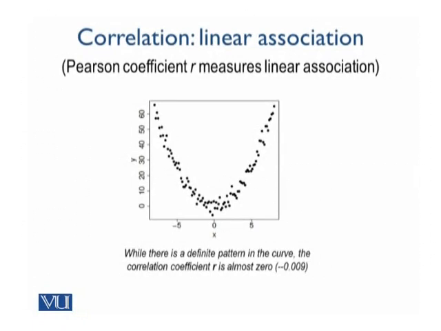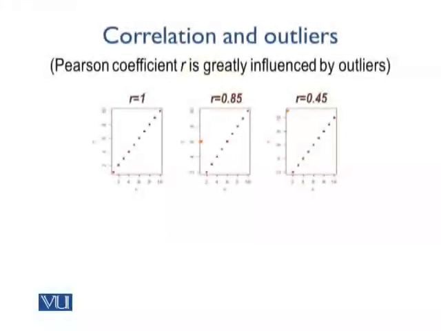This is minus 0.009, which is a very small value, which is betraying our intuition. So we have to be very careful that we are only applying correlation coefficient as we've defined it for linear data, because the interpretation of this coefficient for nonlinear data may be misleading. Let's now talk about how correlation coefficient deals with outliers. Like the mean value, correlation coefficient is also very sensitive to outliers. So let's see this in the slide now.